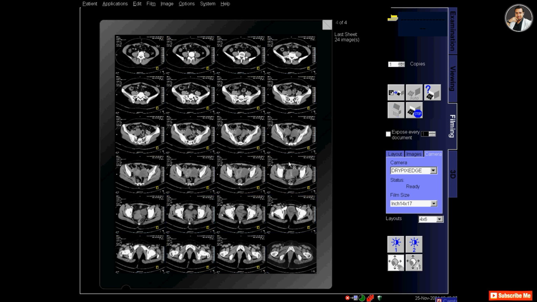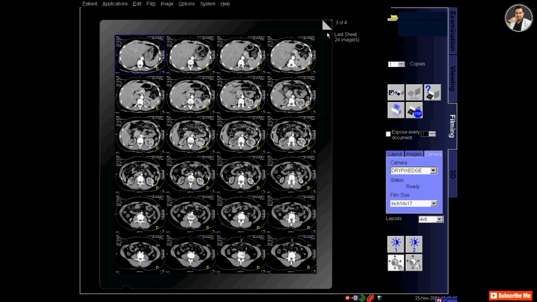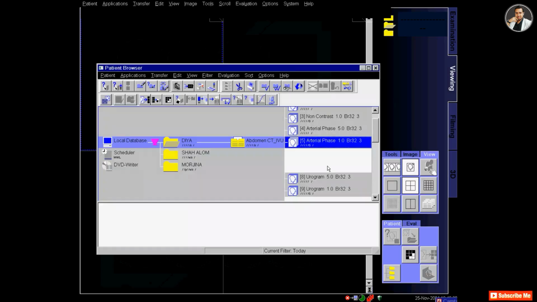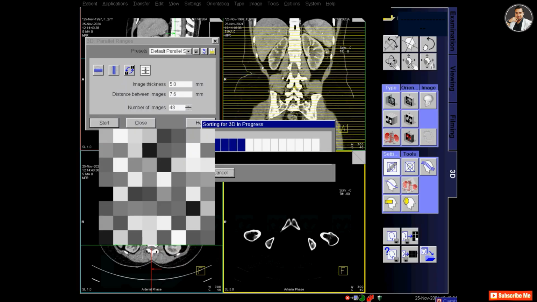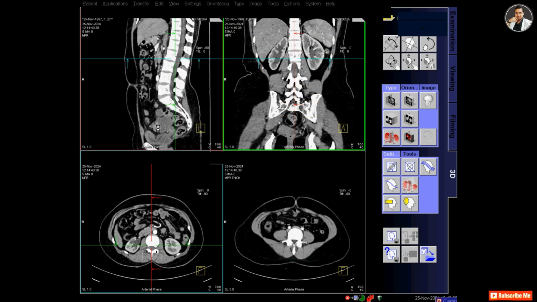In the arterial phase, contrast has just entered the kidneys and only the cortex is visible in this phase. The renal cortex is just receiving the contrast in this space.